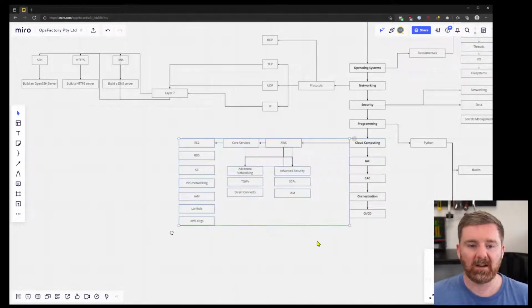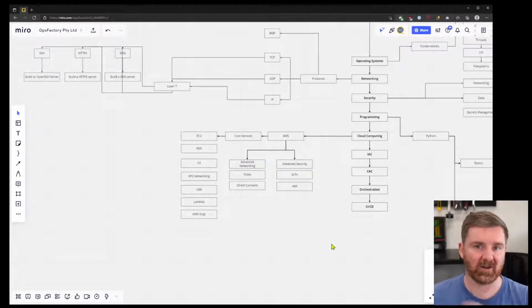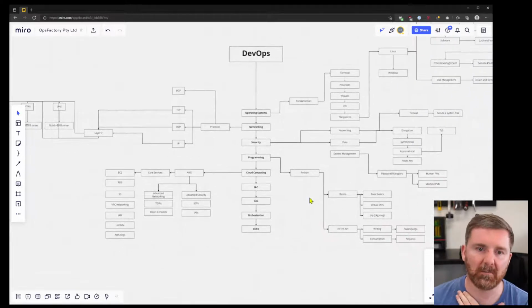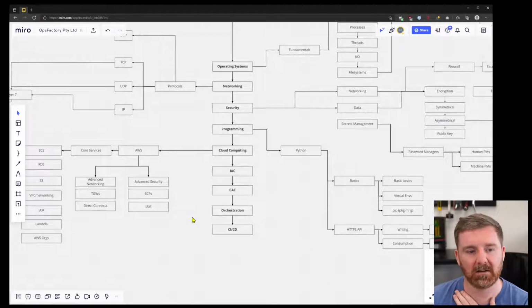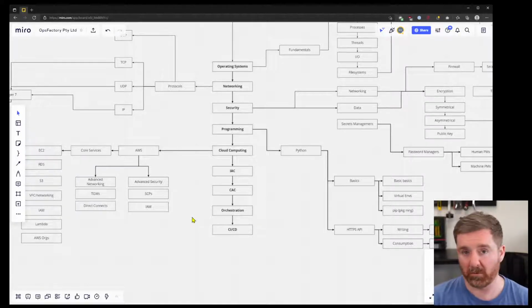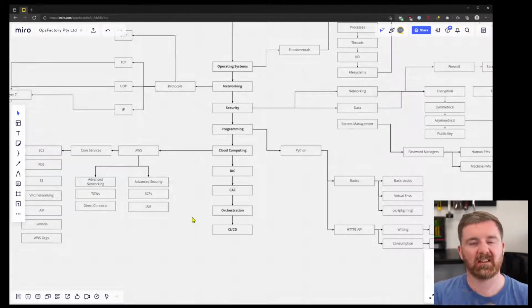So with AWS, there are definitely the core services and the advanced networking and advanced security tracks that I would take in order to get yourself positioned in a job. Now, the thing to remember about this is that this entire roadmap is essentially designed to take the 80-20 approach to your DevOps education, your upskilling, because you want to learn the core 20% that gets you 80% of the knowledge you need to be able to get into the position, to get your foot in the door, to land the job, and then start gaining that